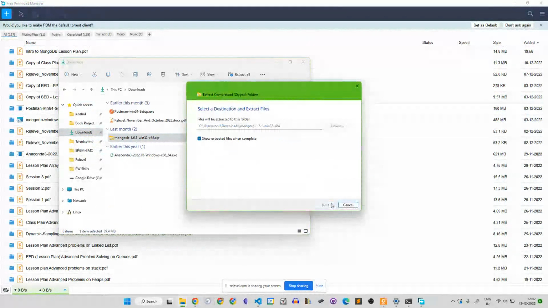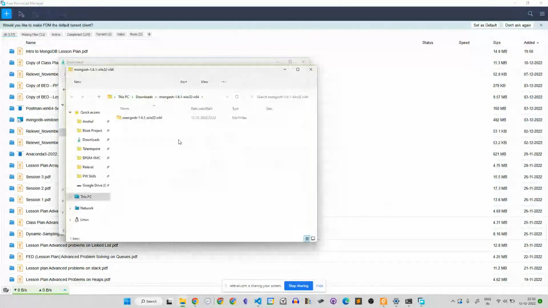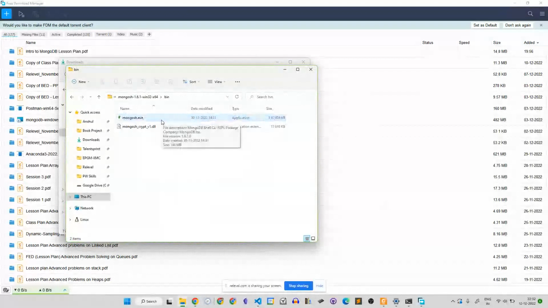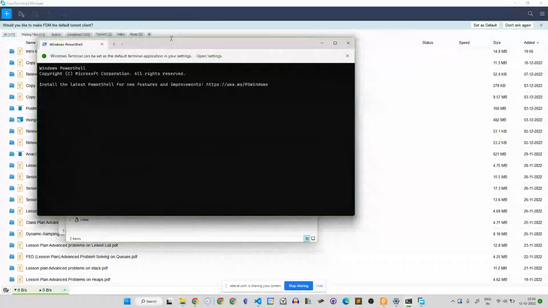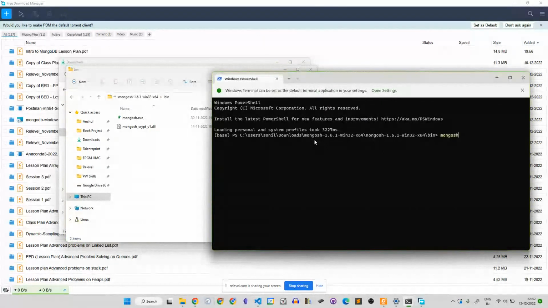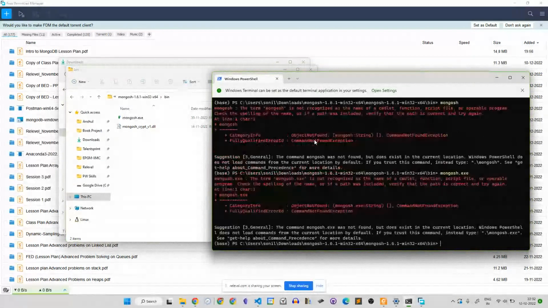Then in the mongosh bin folder, I can click open terminal here and then run mongosh.exe.